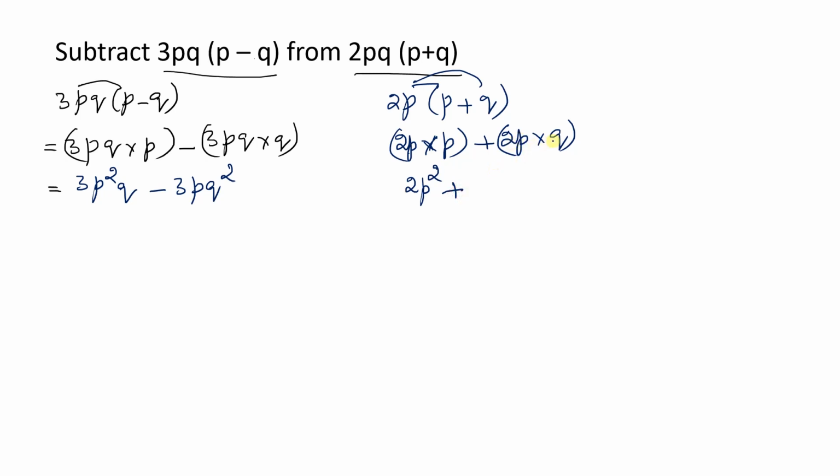Plus 2p into q is 2pq. So what you need to do is subtract this term from this. So first you need to write this, 2p square plus 2pq. From this you have to subtract